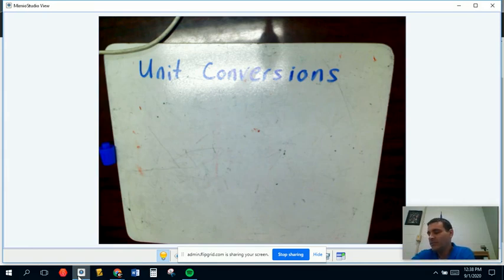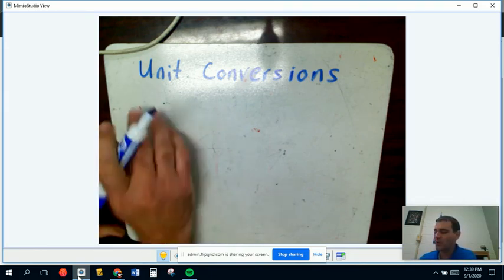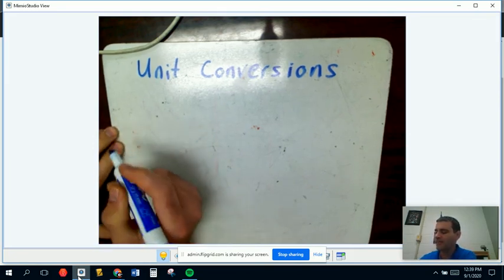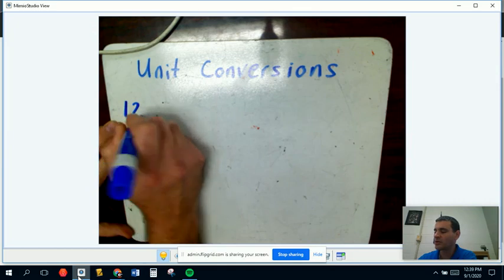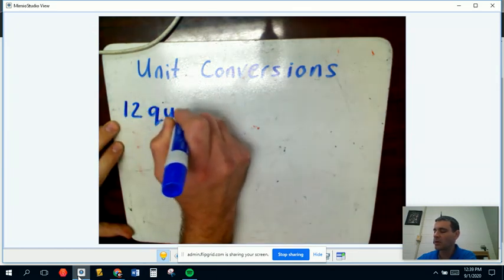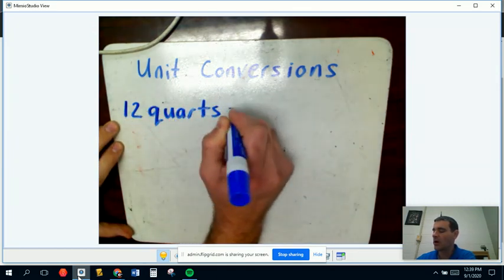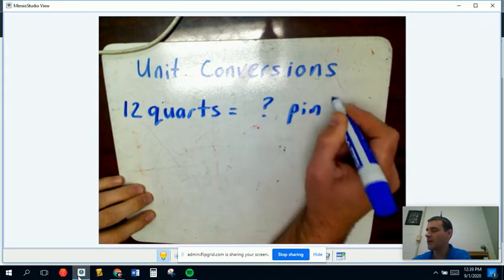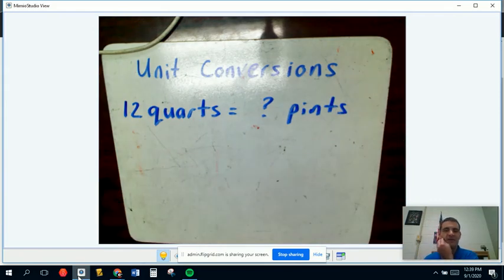You could do a proportion, which is a great way of doing it. I'm actually going to show a little unit converter with my example. And we're going to start with, say, 12 quarts are how many pints? And obviously, there are a ton of these conversions that you would just have to know. In some cases, you may have to memorize them. In other cases, you may be given the converter. But